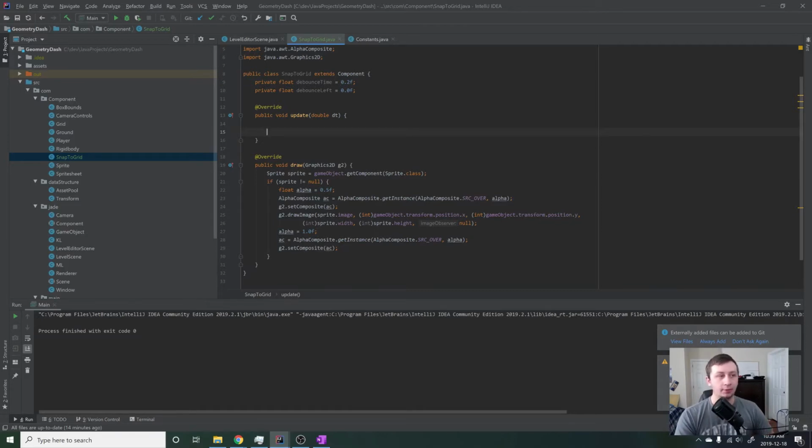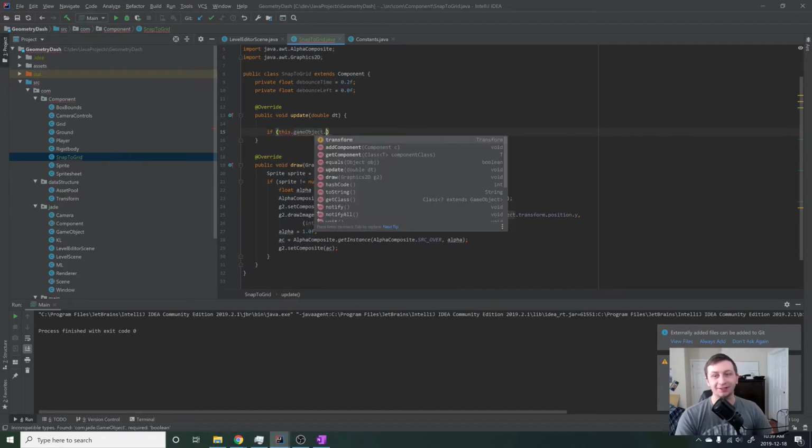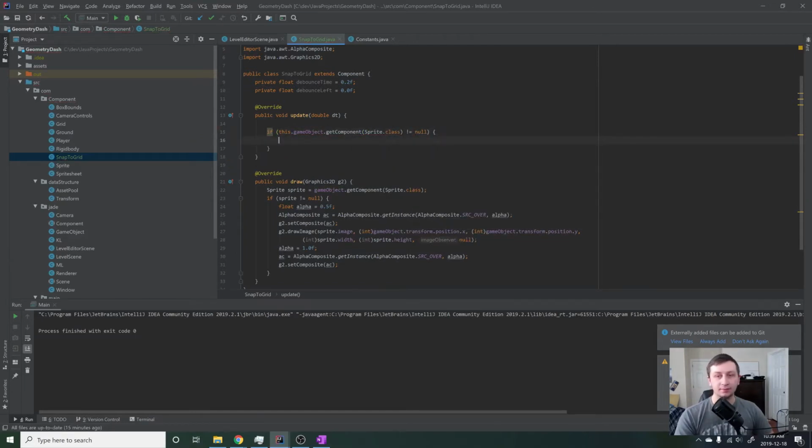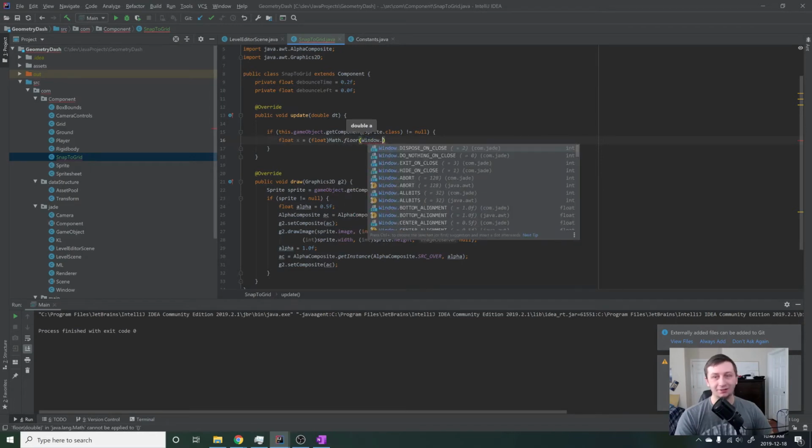So we'll go into our update method and we will say if this.gameObject, I'm sorry, keep referencing old code, .getComponent(Sprite.class) does not equal null. So if we are holding something, then we want to start tracking the mouse with this game object. We will say float x equals, and then do something very similar to what we were doing with the grid lines. We'll say Math.floor, and then we'll say the